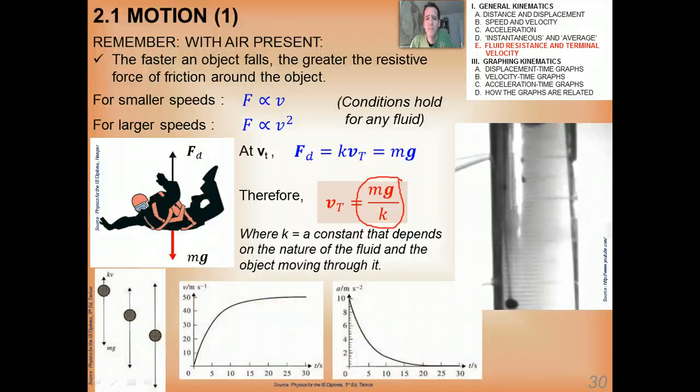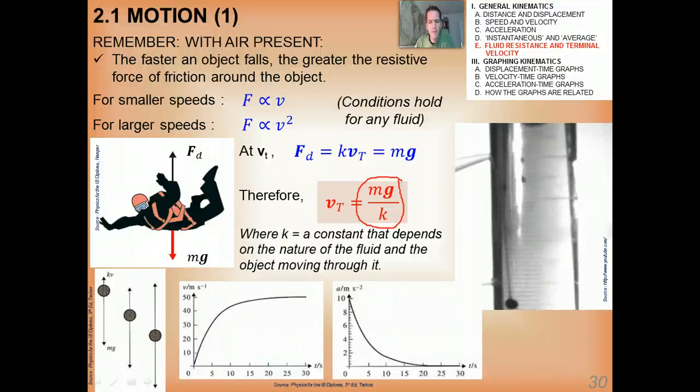You need to be aware, as IB students, of what the v-t graph will look like for an object falling through something where air resistance is not negligible. So here's a situation right here. This could be a ball falling through air or falling through a fluid. Notice it starts off at rest, and then it speeds up very, very quickly, and then it kind of evens off up here. The terminal velocity of this object depicted in this graph looks to me to be about 50 meters per